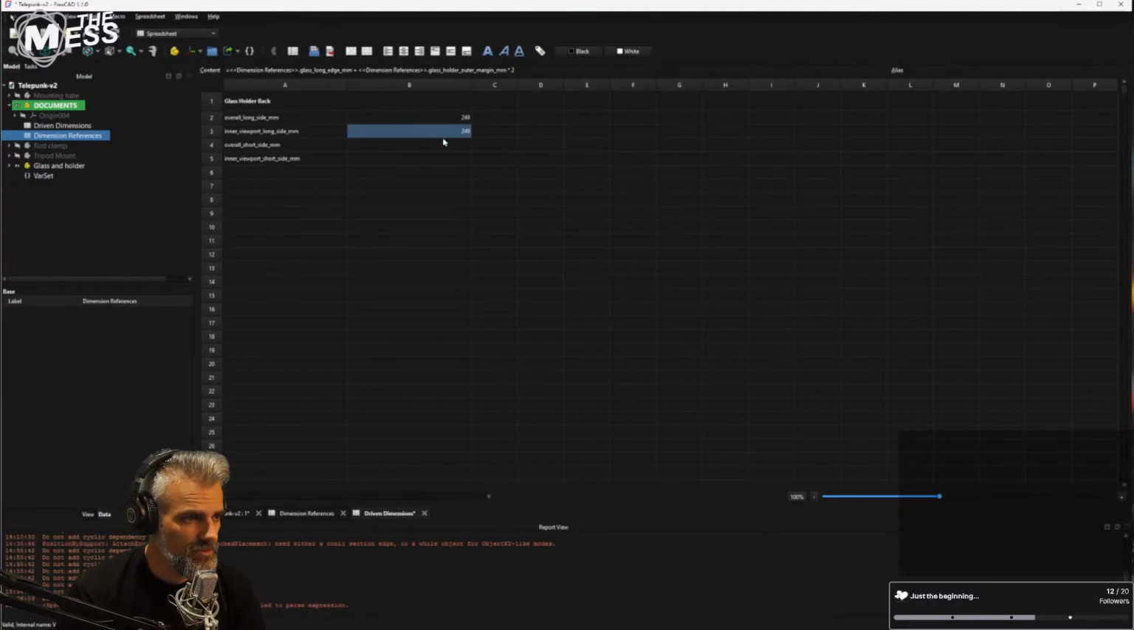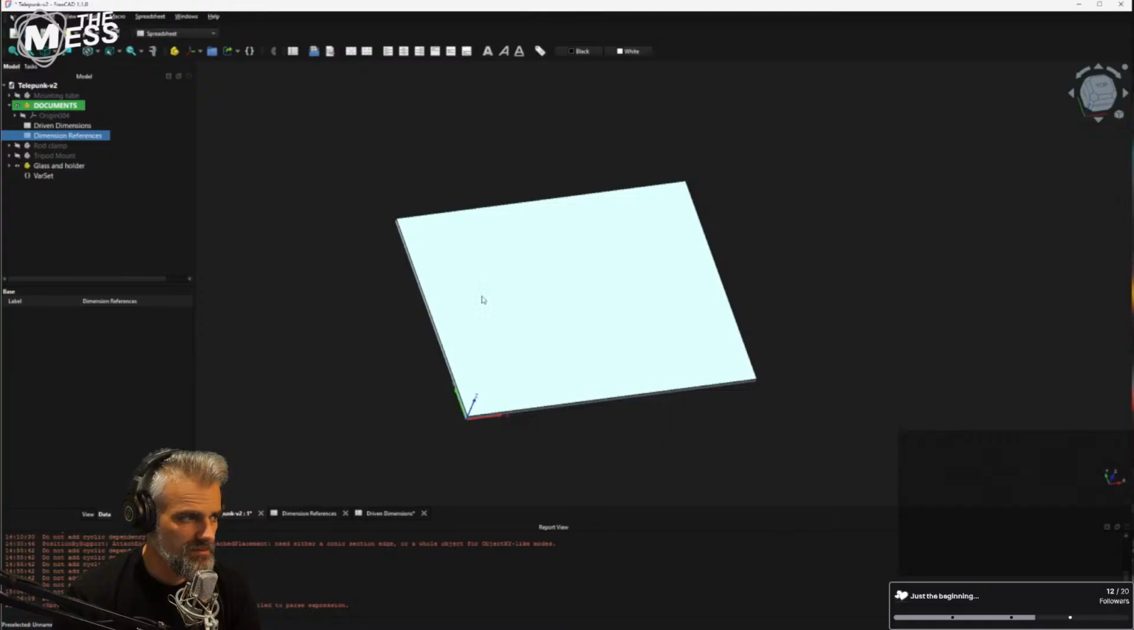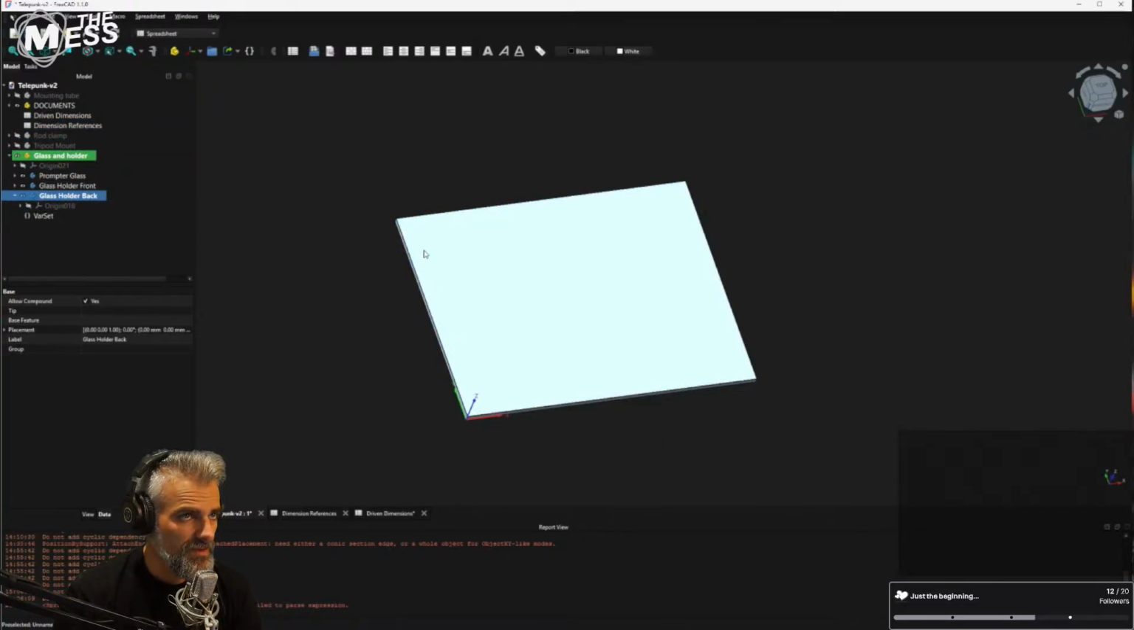So the inner viewport long side is going to be the glass minus the inner margin times 2. All right, so now if we go back to the glass holder thing, start working on that glass holder back, we are going to,